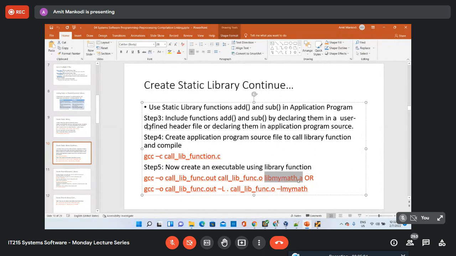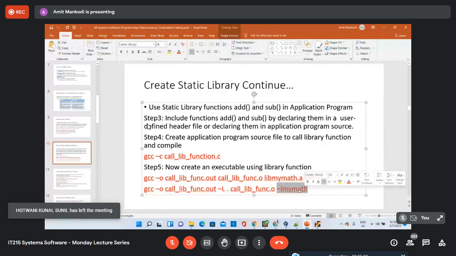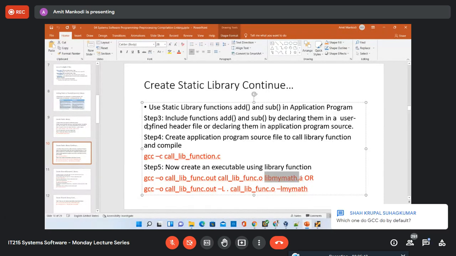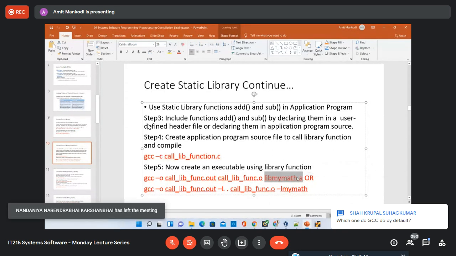In our case, we specifically want to link the static file, so I directly gave the whole path, the whole file name. In this case, if the dynamic file is available, it will link that one first, and I don't want that, so I didn't use this particular format. But when you use this format, you can also do the linking. If the .so file does not exist, it will link the .a file only.